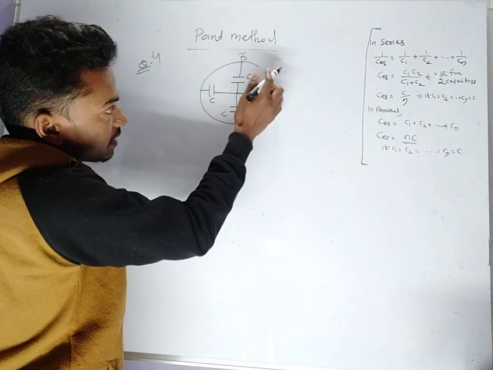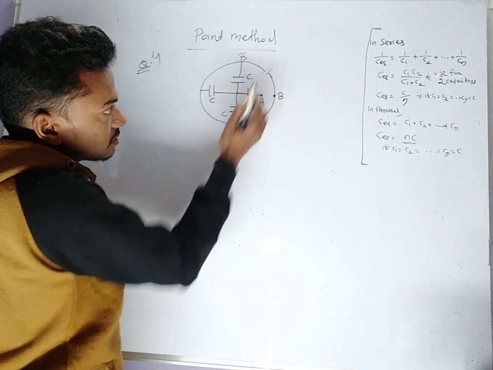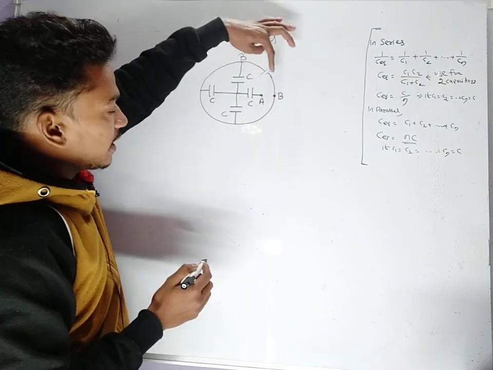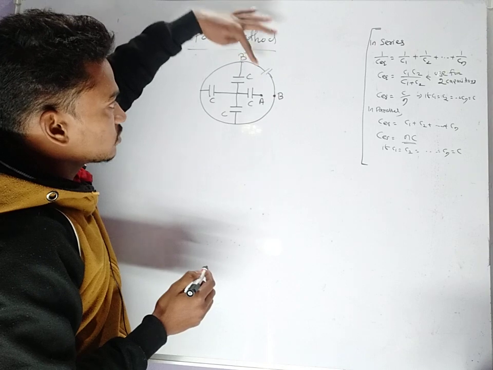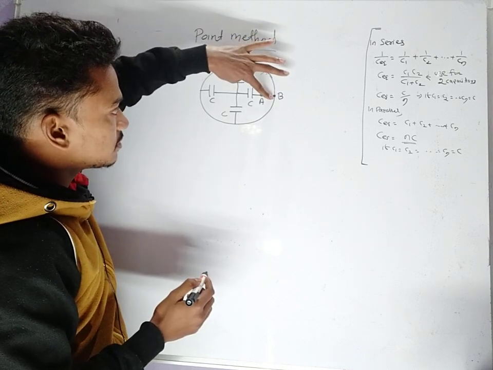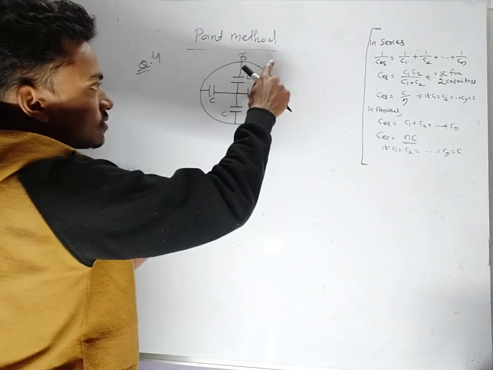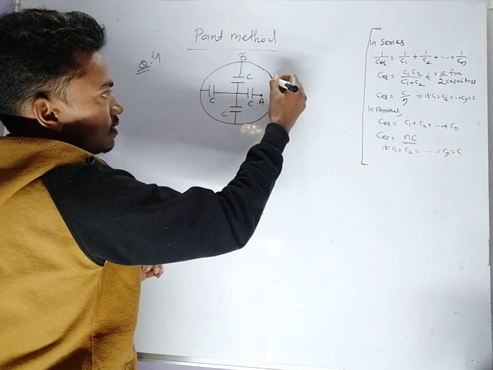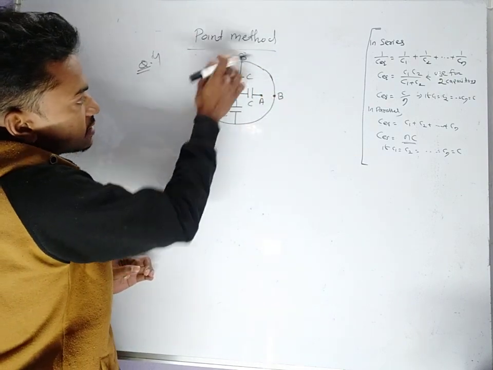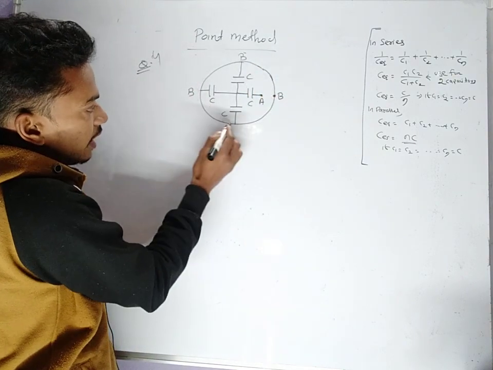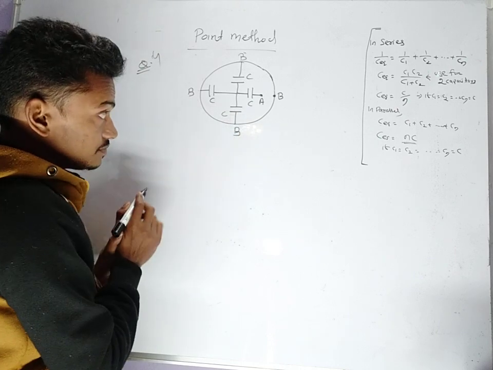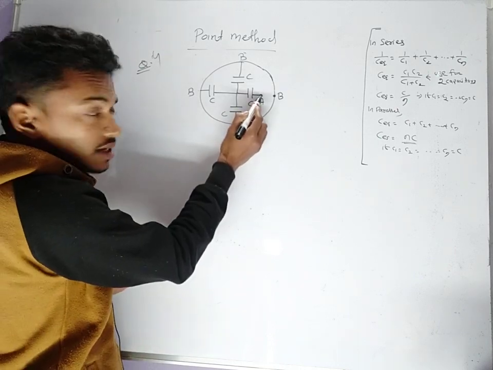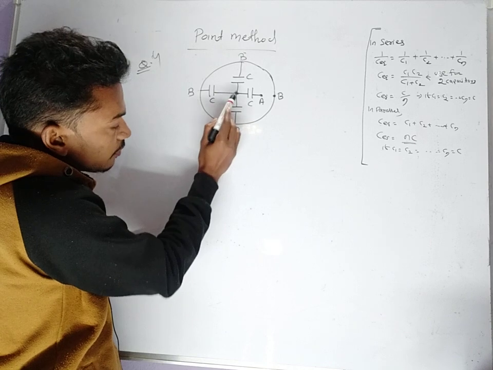If a capacitor were present between these 2 points, we could not say this point is B and this will also be B. We cannot say this. But as there is no element, this is B and this is B, so this will be B point and this will be B point. Now this is A point. Can you say this will be A point?